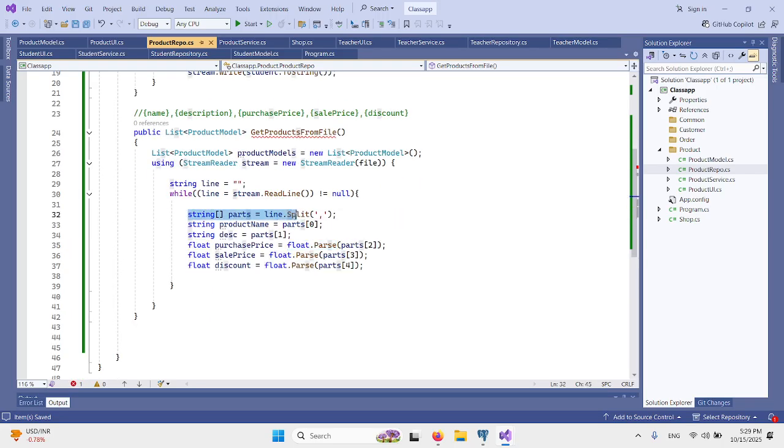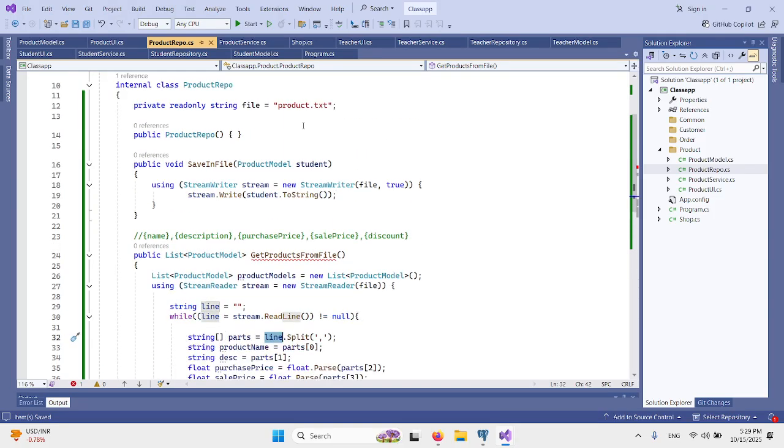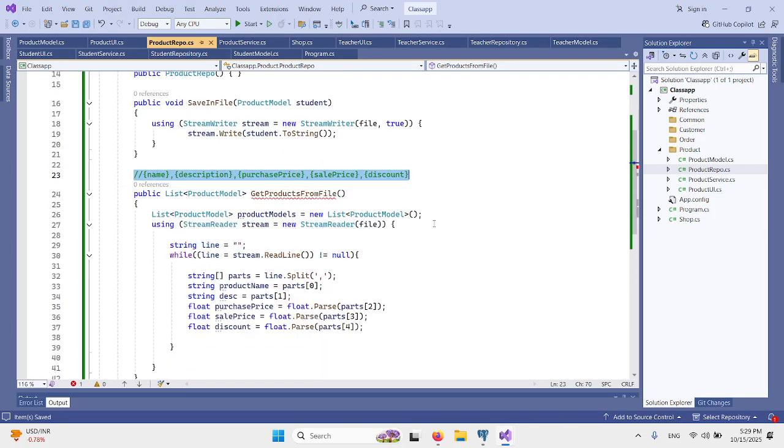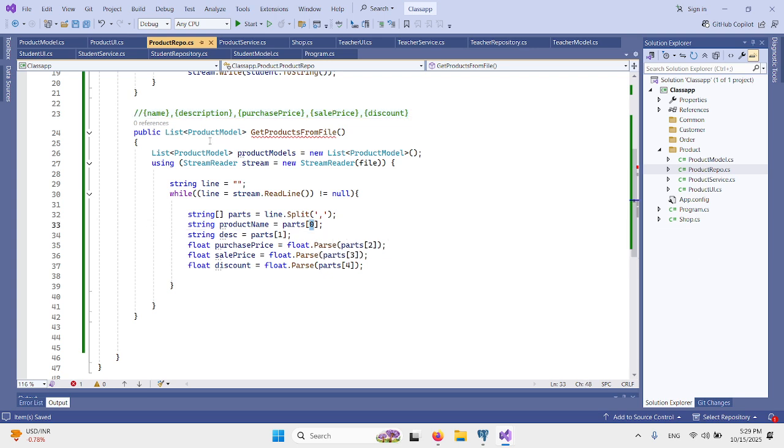Well, did you understand this code? What will it do? Every time it will read a line and split the line by comma. So it will store all the parts on different indexes. If your structure is well defined like that, you can easily get an idea: on 0 index, you will get the name. On 1 index, you will get the description. On 2 index, the purchase price. On 3, sale price. On 4. But this is only a feasible solution when your data is formatted like that. If your data is not structured, you may not use this technique.